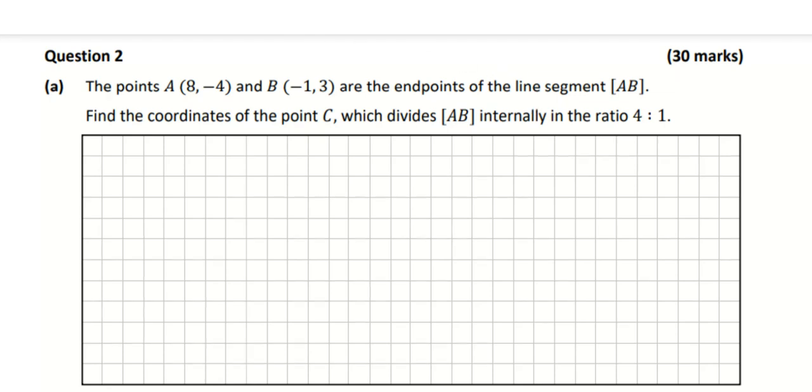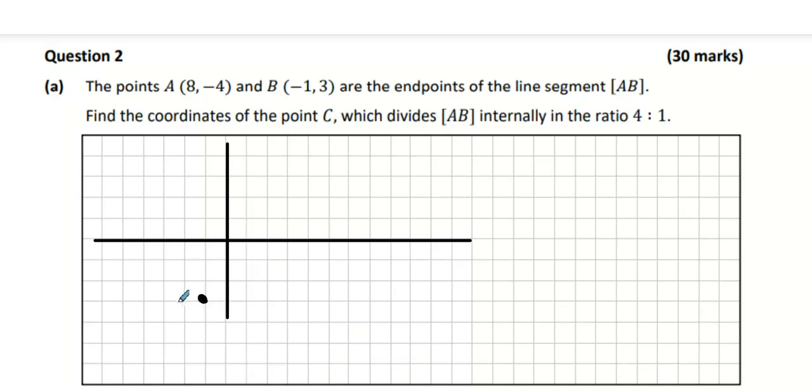The points (8, -4) and (-1, 3) are the endpoints of the line segment AB. What I do in this case is imagine a rough XY axis. It doesn't have to be completely accurate. (8, -4) would be 8 across, 4 down, and (-1, 3) would be here. So that's where B is, and A would be 8 across, 4 down. Now,